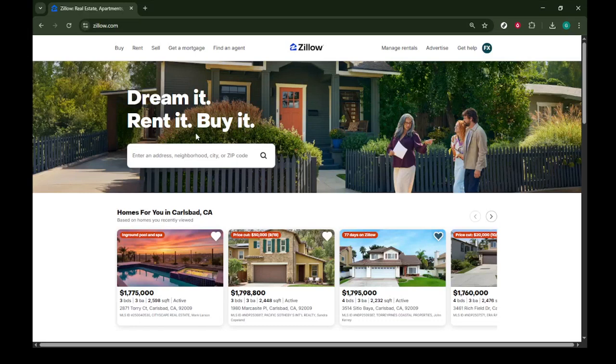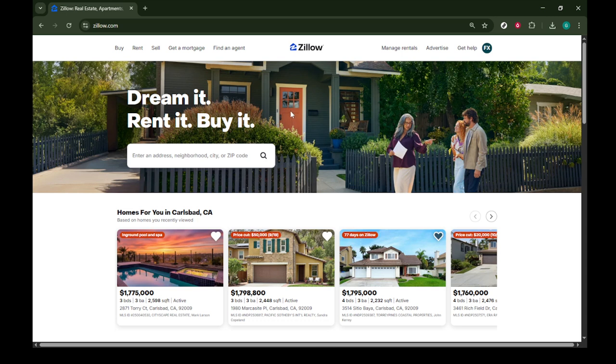In today's video, I'm going to teach you how to delete a saved search on Zillow. Whether you found the perfect home or your preferences have shifted, managing your saved searches can help keep you organized and focused during your house hunting journey. Let's dive into the process step by step to ensure you can easily manage your Zillow account and keep it